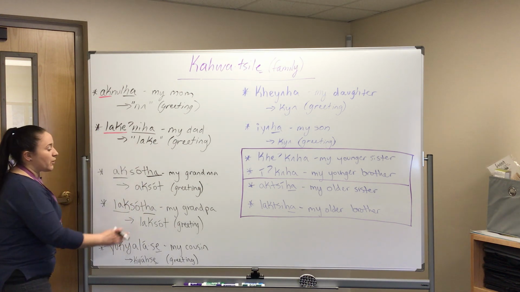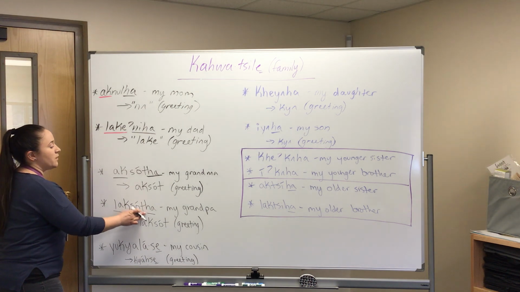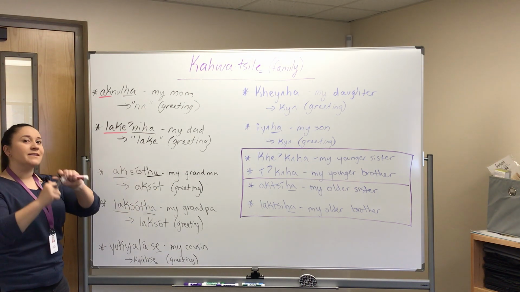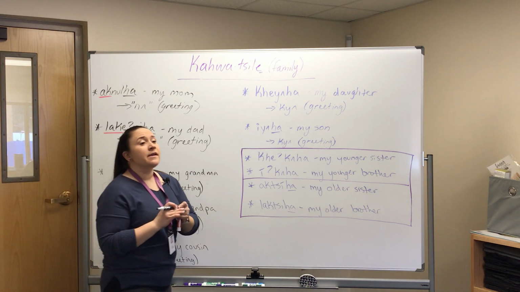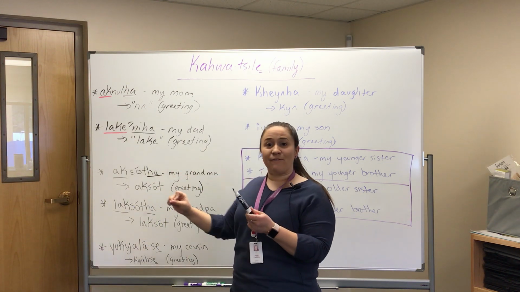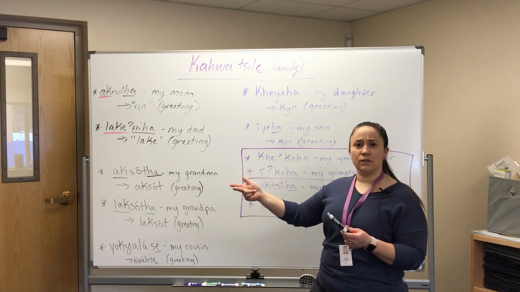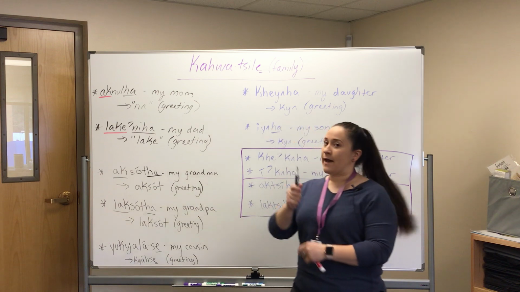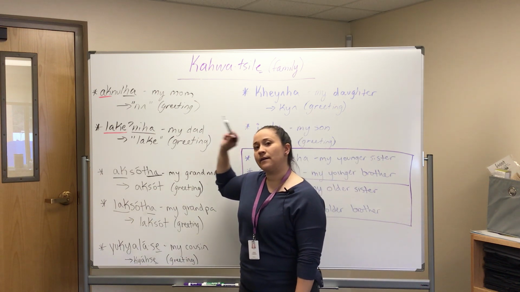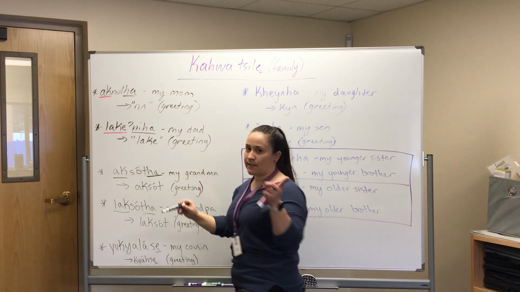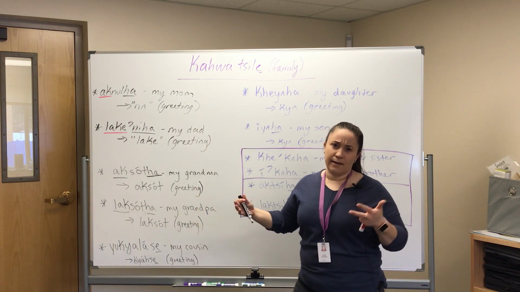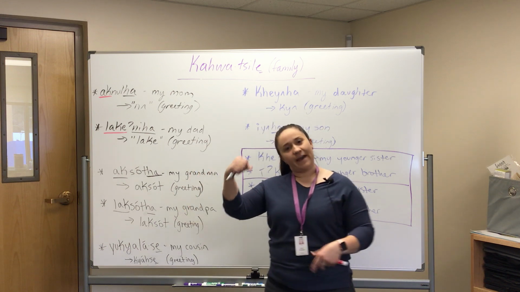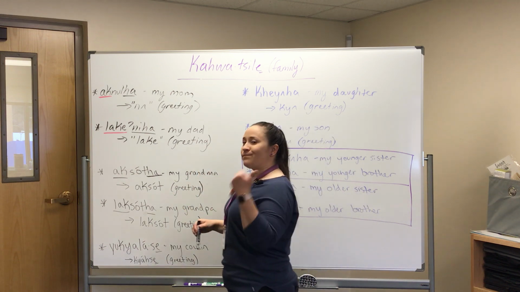We change it accordingly depending on who we're talking about. So if we're talking about my grandma, it's uksot. If we're talking about my grandpa, it's luksot. The other thing you will learn in the past few STEM videos, I think we're up to the A, C, O, and the U, we're learning that L's reference males. So that's an important pattern because we even see that in the people-to-people pronouns. And a lot of times if you pay attention to Indian names, men, if they have a verb-based name, they're going to start with an L generally. So keep that in mind.